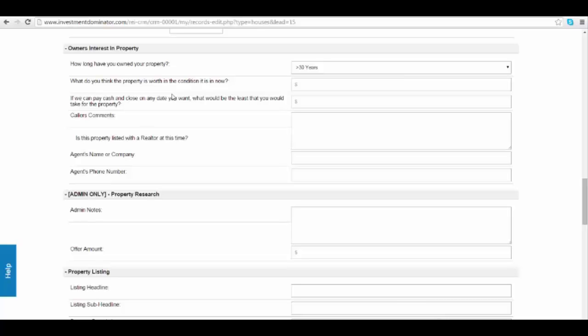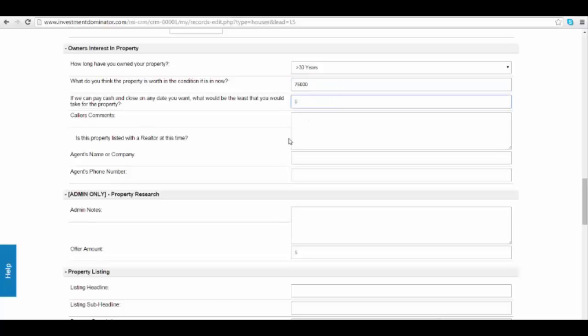Like they say, you know what, the house is probably worth $200,000, but we recently had a fire and it destroyed half the house, so I don't really know what it's worth in its current condition. But basically it'll come up with the situation the house is in, so you want to ask that question in this wording, and that's why we have written it out like this. So let's say in its current condition it's worth